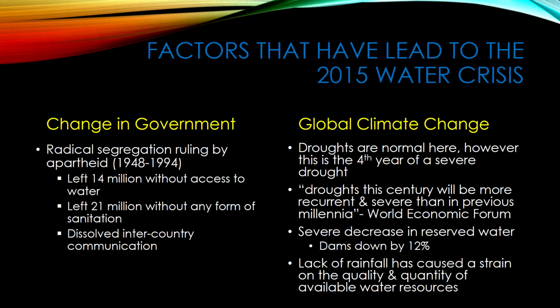And right now, in November, South Africa is actually going to be experiencing 4 more months of drought. And this right now is their summertime, or their springtime. So if the drought continues, they're not going to get rainfall when they actually should be. According to the World Economic Forum, droughts in this century are going to be more reoccurrent and more severe, and have been thus far, than any other previous millennia. It is the 30th driest nation.